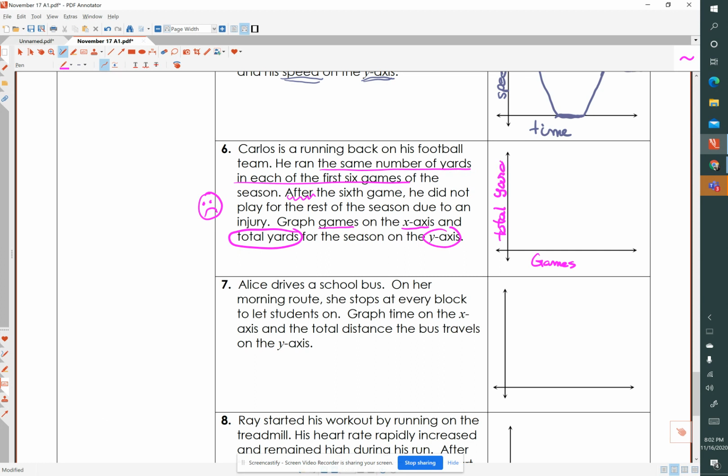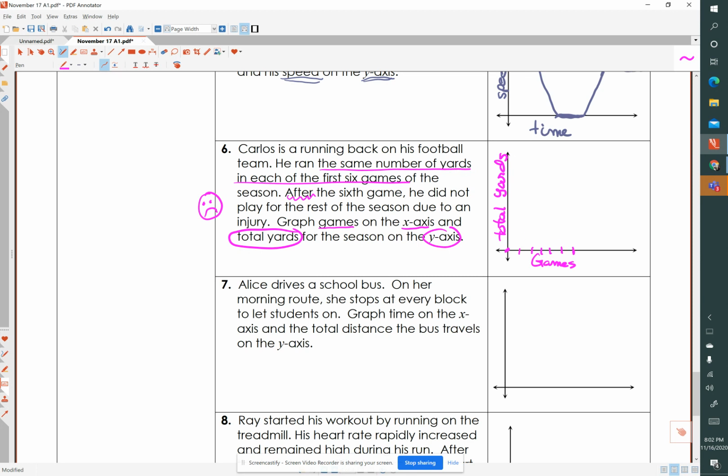on the y-axis. Now, always think about the real world situation. This is a situation where we do start at 0. You don't start at the beginning of your football season with 20 yards or 100 yards. You always start at 0. So we have to start Carlos at 0. And at some point he has, after 6 games, so we could even say, 1, 2, 3, 4, 5, 6 games,